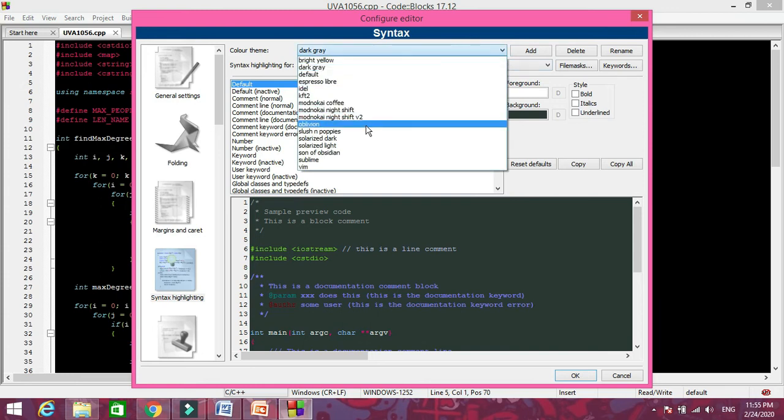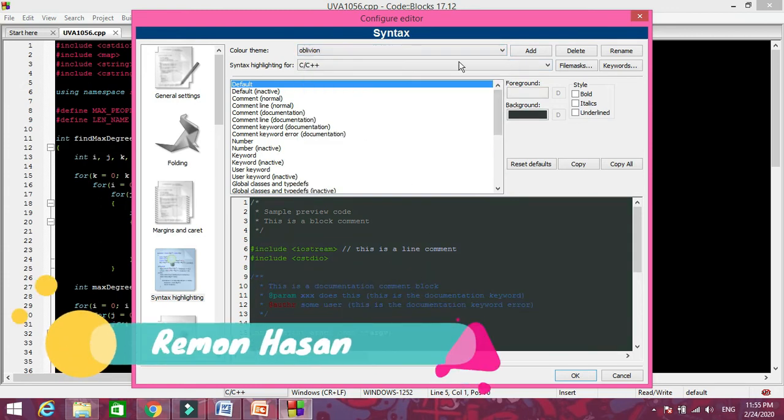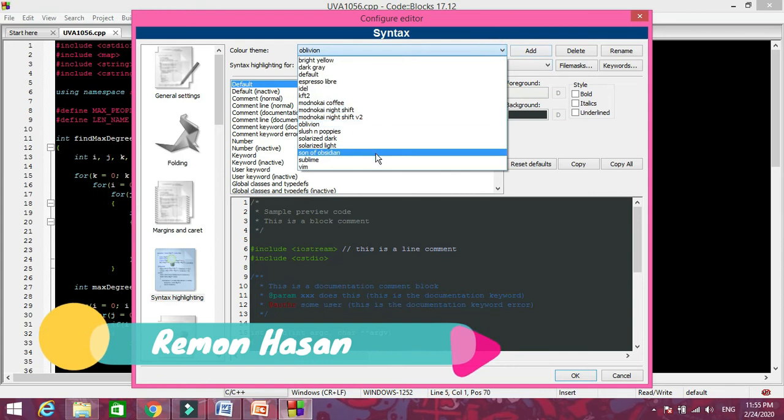So that is the process for changing the background, and at first you have to download the config file, that